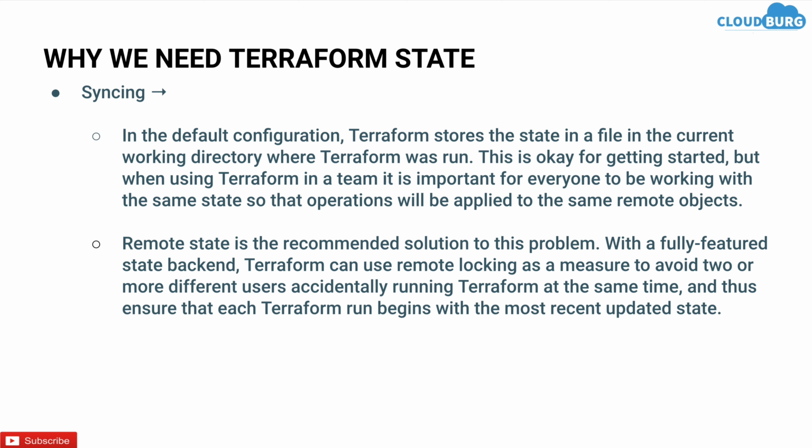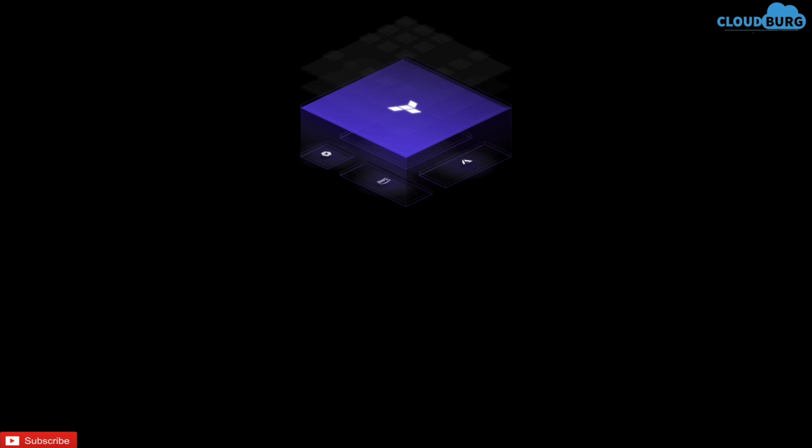So suppose you are going to use local state, then the state will be different for all the users. Suppose I am making a change to an EC2 instance, that won't be reflected to the other users. So the idea is to use remote state to avoid all the conflicts. I hope it is clear why we need Terraform state. In the coming slides, I am going to share one example of that also, that will clear more doubts.